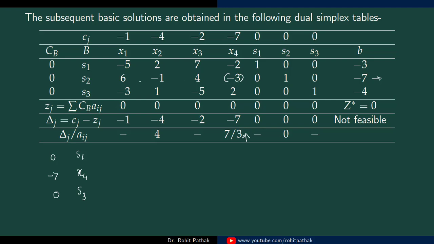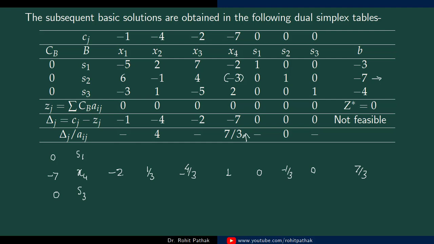So we divide all the elements of this row by the key element, so we get the new row as: 6 divided by -3 is -2, -1 divided by -3 is 1 by 3, 4 divided by -3 is -4 by 3, and this is 1, this is 0, this is -1 by 3, then 0 and 7 by 3.